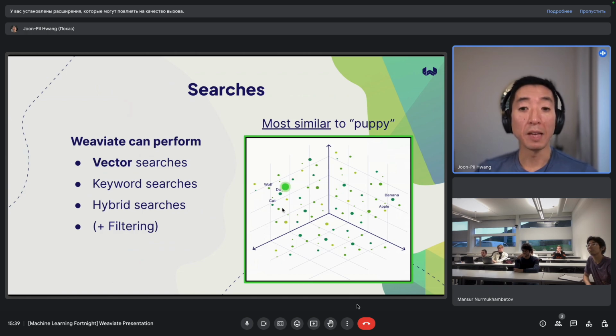What would happen then is I would use the same model that converted all these other objects into vectors to convert the word puppy into a vector, right? And I would use my approximate nearest neighbor index to perform my search. It'll say, okay, puppy is about there. Here are your n most similar objects. And there you go, right? Hopefully that's now fairly simple.